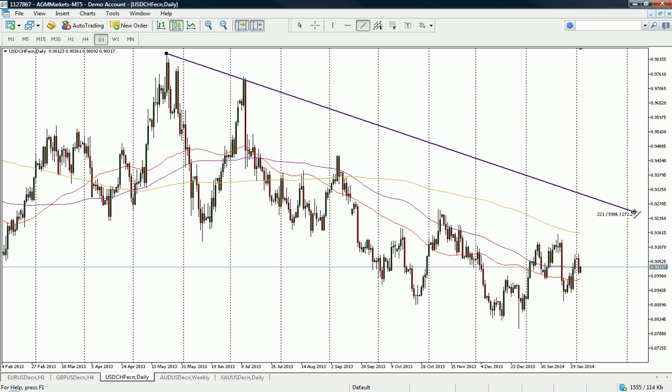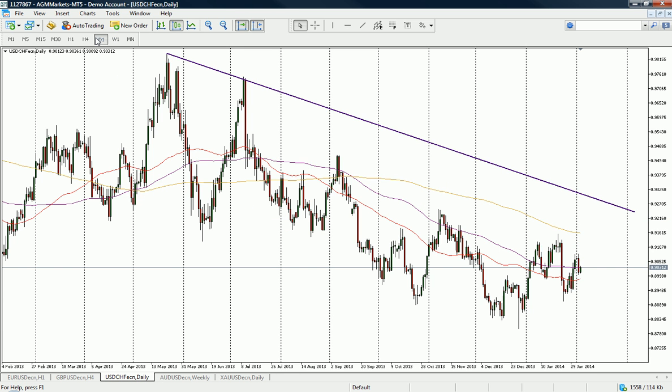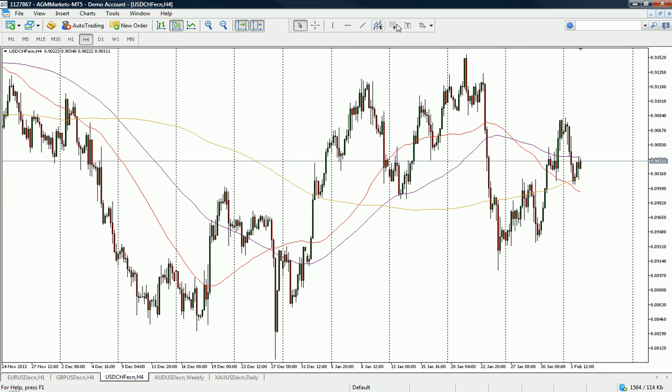trend line resistance there. Of course, we're still a long way away from that, but that will coincide with that weekly moving average. That's why I'm keeping it up in there. So that's the trend line from last year. And yeah, in terms of daily, nothing major of interest. It's getting choppy around these two moving averages. You can see the 50-day moving average and the 100-day moving average, getting choppy around there. In terms of the 4 hour,